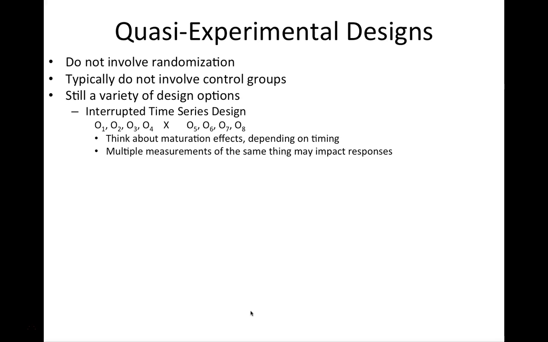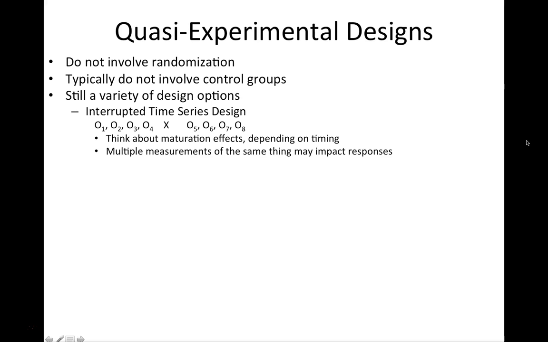So one of them that your book also talks about is interrupted time series designs. And so this is a situation when you make multiple measurements of the same thing and then implement your intervention or manipulation and then make multiple observations of the same thing again. In this kind of design, we have to think about maturation effects depending on the timing. So if we're conducting each of these observations fairly close in time, so maybe like once a month, and then we do our intervention and then conduct these observations once a month again, then we're looking at an 8-month time